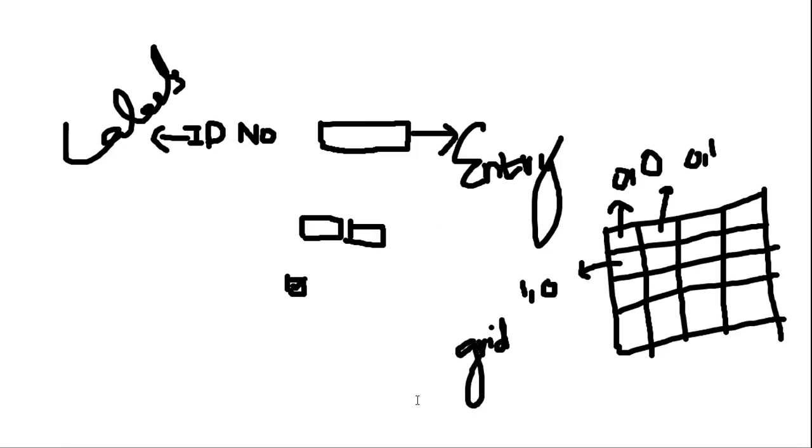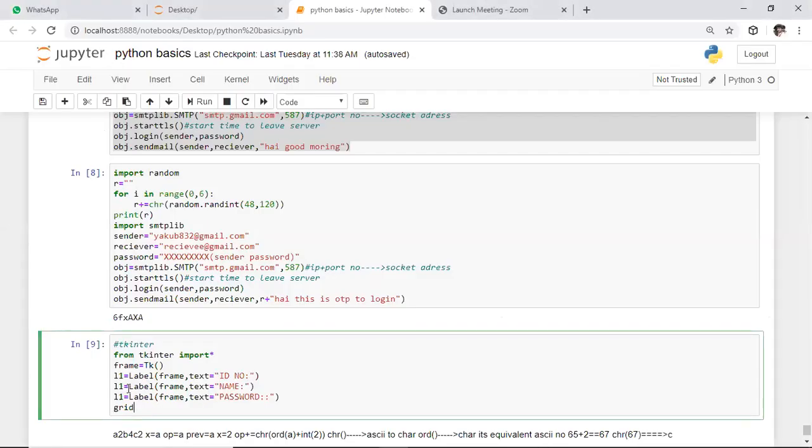Here I am coming to this. I want to fix the location for all the labels. For that purpose, here I am using the grid function. Initially, I want to fix label 1. So here it is label 1 and it is label 2. After this, it is label 3. Initially, I want to fix the location for label 1.